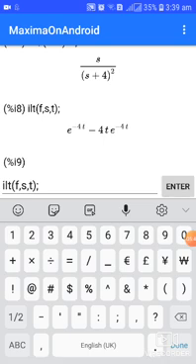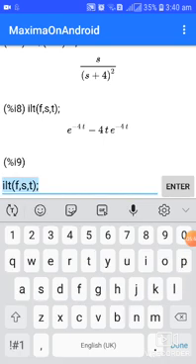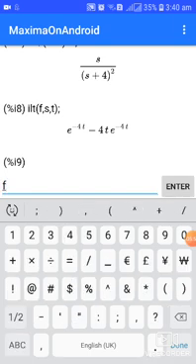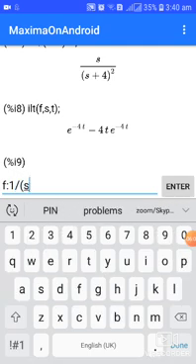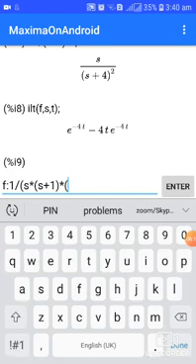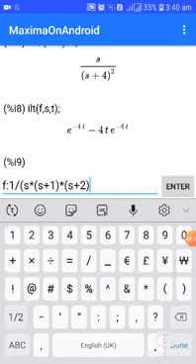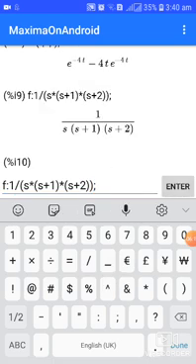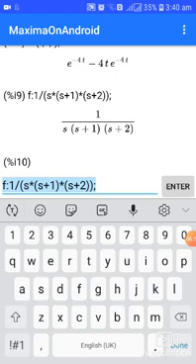Next we will see another problem finding inverse Laplace transform. It is 1 by s into s plus 1 into s plus 2. Now in this case, first we have to find out the partial fraction, then only we should find out the inverse Laplace transform.